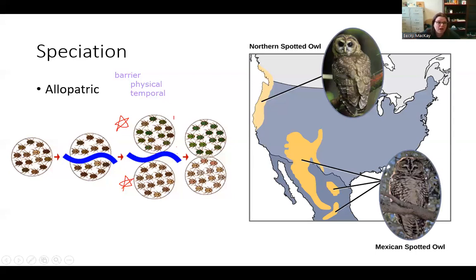This did happen with the Mexican spotted owl and the northern spotted owl. So anybody know what's going on right here? We have that mountain range called the Rockies. And so what happened is some owls went over the mountain range and ended up here on the west coast of the United States. Most of them did not. Most of them stayed down where they normally are. The Mexican spotted owl was the original species. And so they're found in the southern United States, kind of southwest, I guess, and down into Mexico.